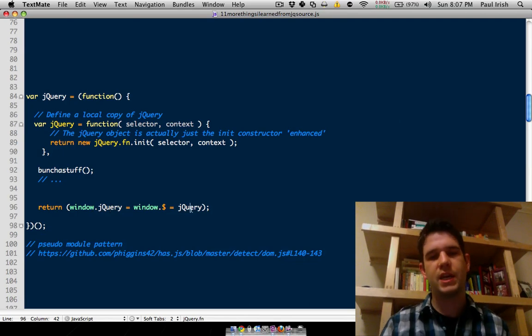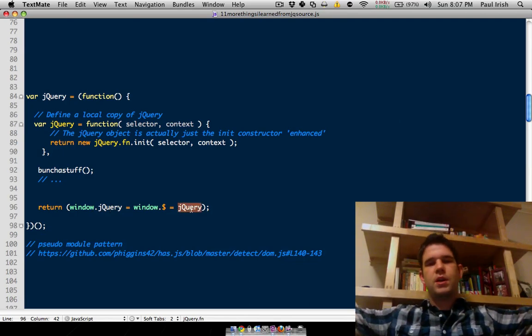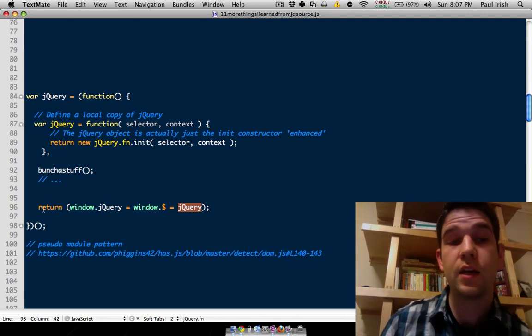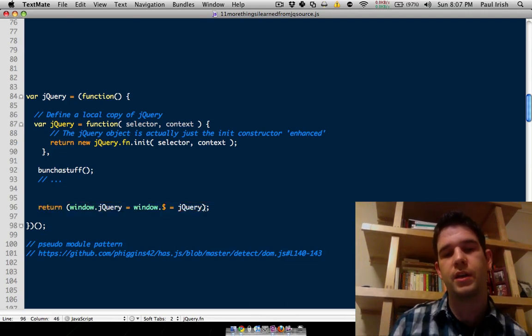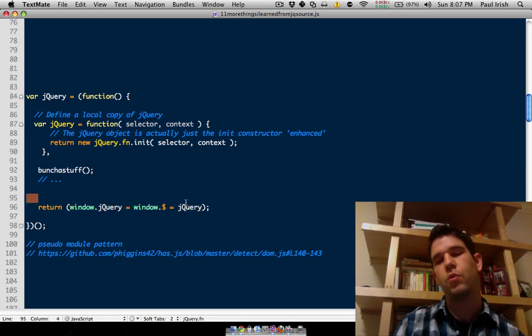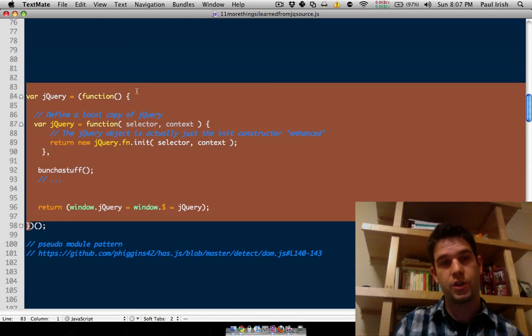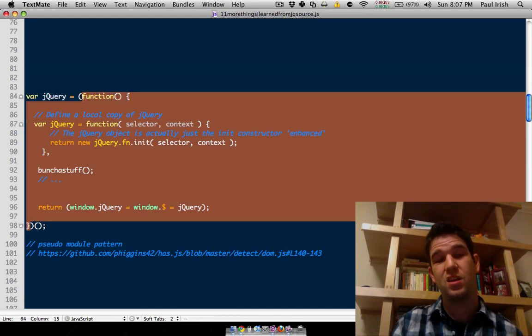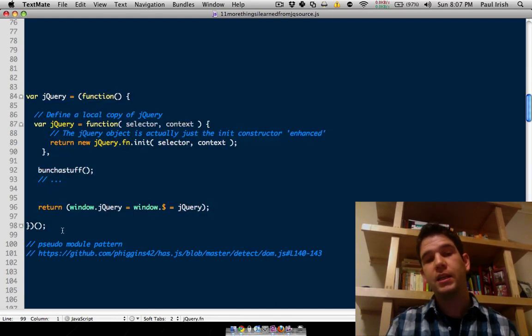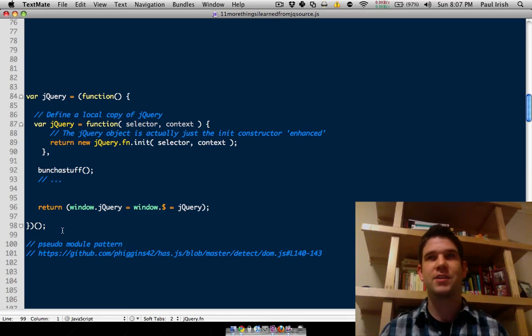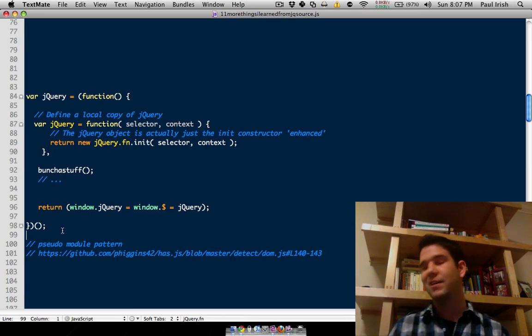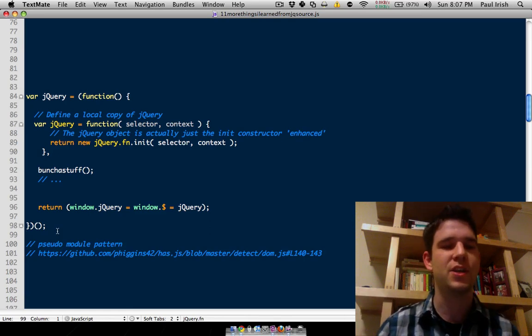So now we're taking our local one, we're bringing it out to the global ones, and then the return value, the result of this expression right here, when all these assignments are done, we're left with essentially this value of jQuery right here. And that is what gets returned to this function right there. And that function got immediately invoked. Ben Alman likes to call this an immediately invoked function expression, or for short, an IIFE, which is kind of nice. So this IIFE